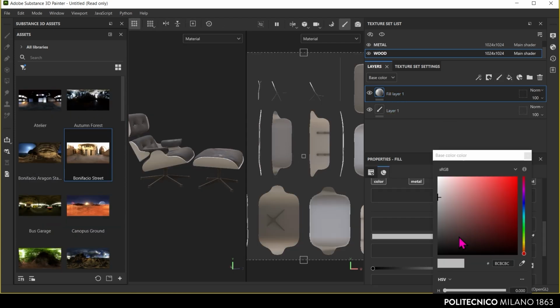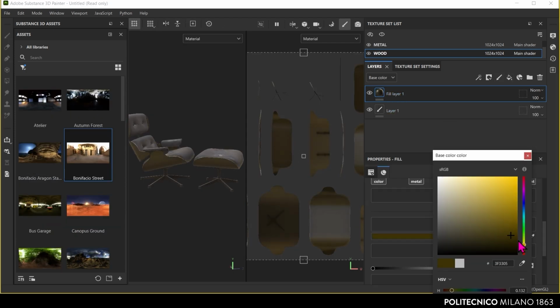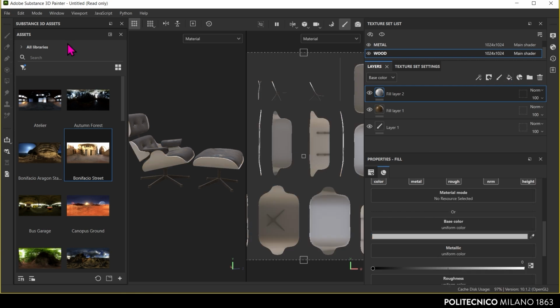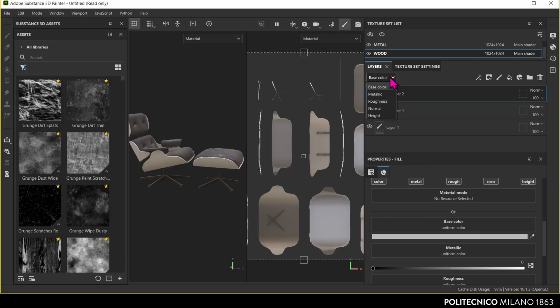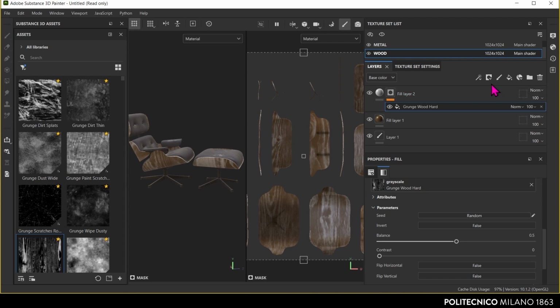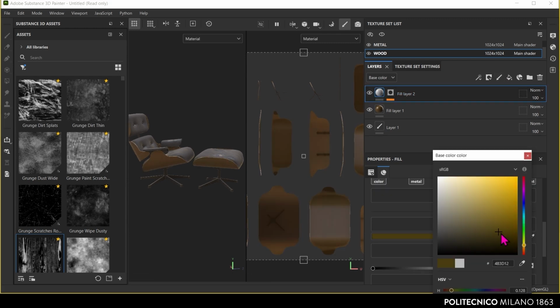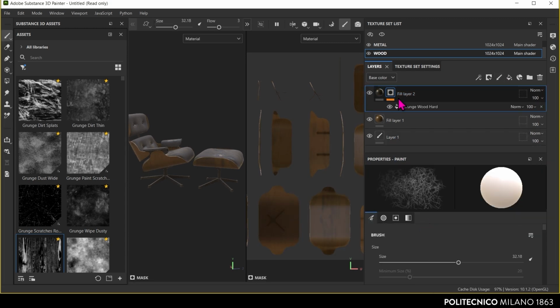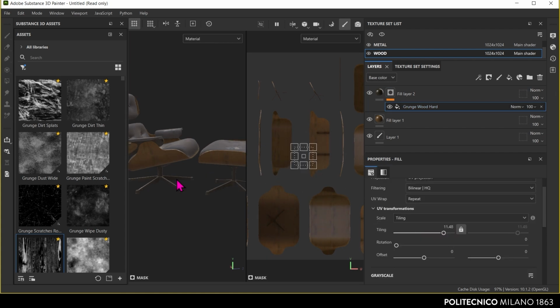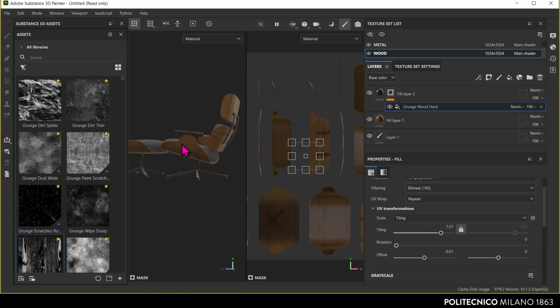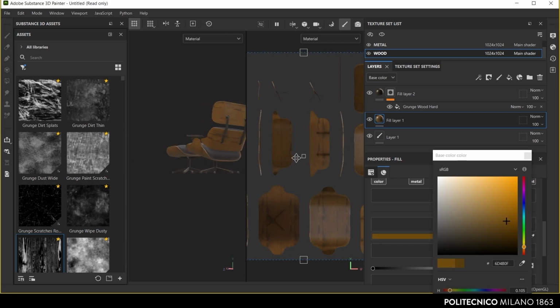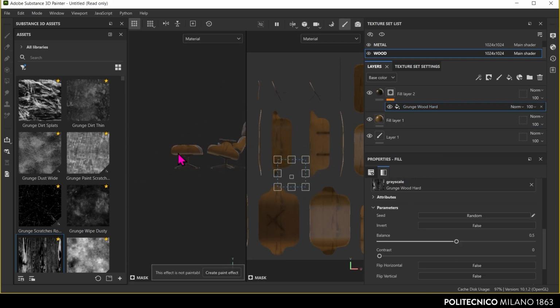To create a realistic wooden material in Substance Painter, first create a fill layer to define the base color of the material. Choose a shade of brown that best represents the type of wood we want, establishing the foundation color of the material. Next, add a second fill layer with a darker shade of brown to create the wood grain. Apply a black mask to the layer and insert a grayscale texture from the texture category in the library. This texture generates the pattern of the wood grain, enhancing the visual detail of the material.